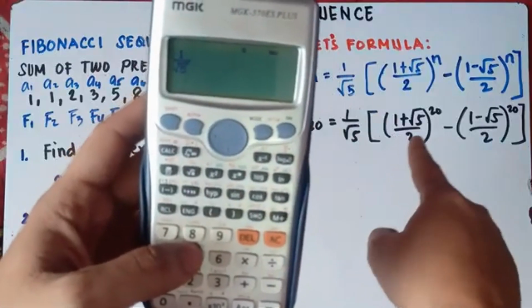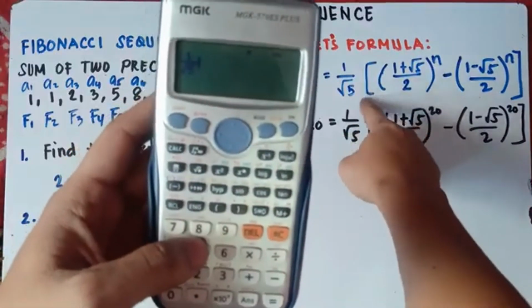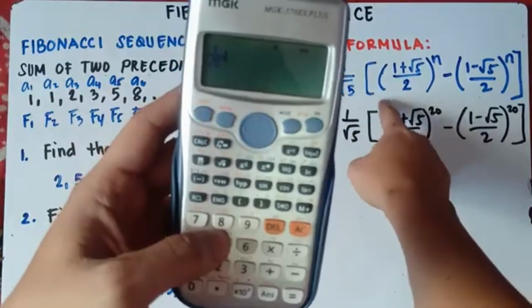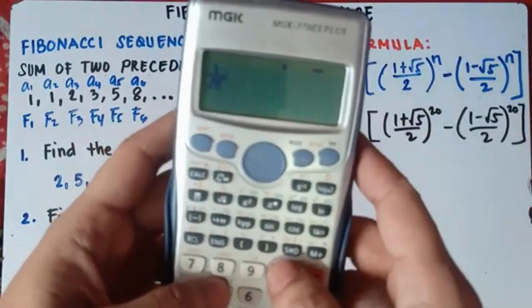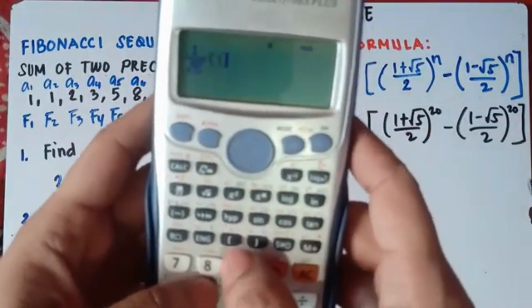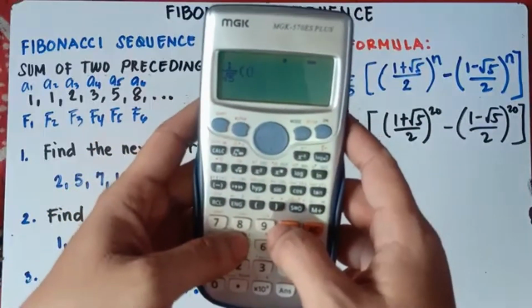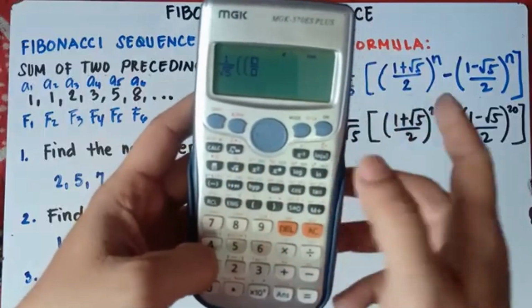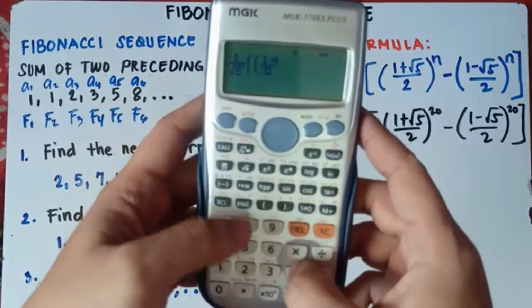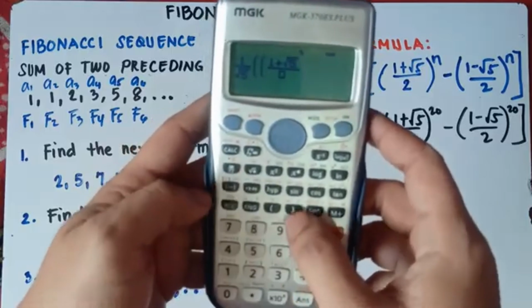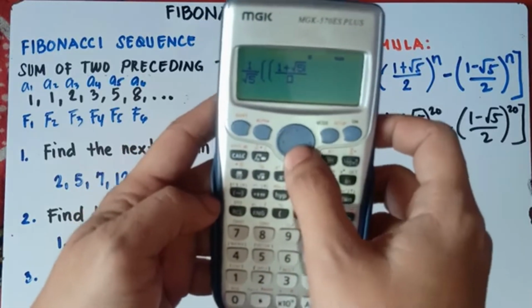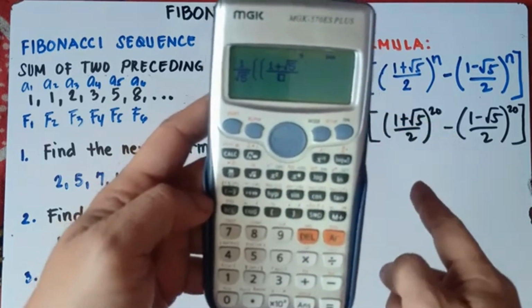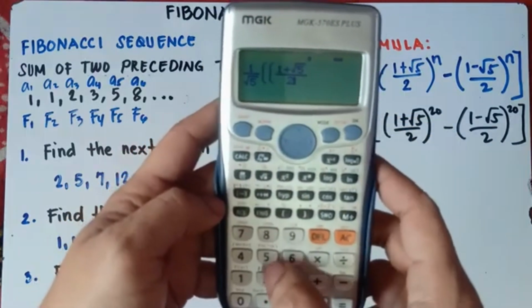Then check the equation, class. You have two parentheses. I hope you see this one. Then you press the fraction, then from the equation, 1 plus square root of 5. Then you put the cursor on the bottom part because you need to write 2. So 1 plus square root of 5 over 2.